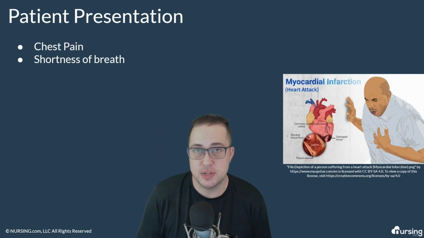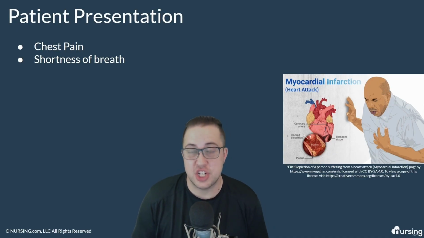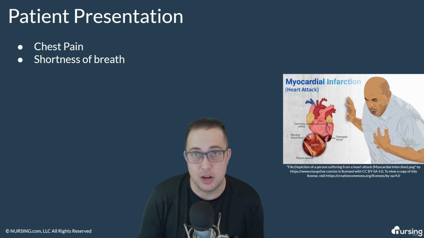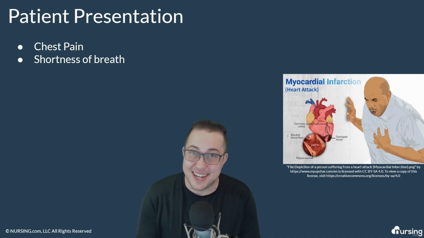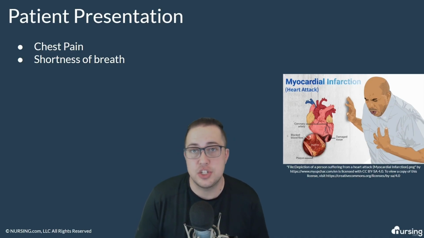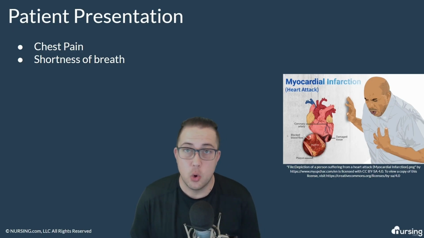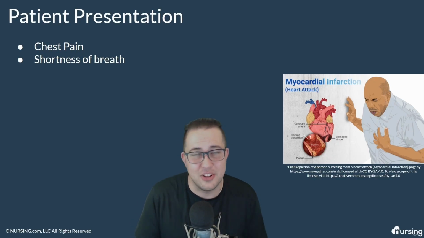So how is our patient going to present? Well, the first thing that we're going to see is chest pain. That's the primary reflective indicator that this patient is experiencing or may be experiencing a myocardial infarction. You can imagine as that heart is hypoperfused and not getting the blood it needs, it's going to cause chest pain. Chest pain, again, can be described in a lot of different ways, such as stabbing or burning. It can also radiate throughout different parts of the body, down the arms, to the jaw, through the back, into the shoulder blades. Shortness of breath is also something that's not uncommon with patients who experience MIs.